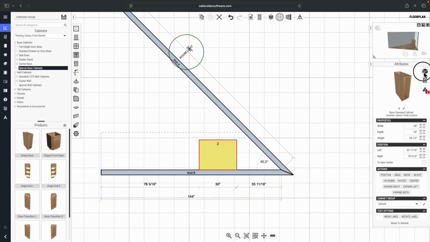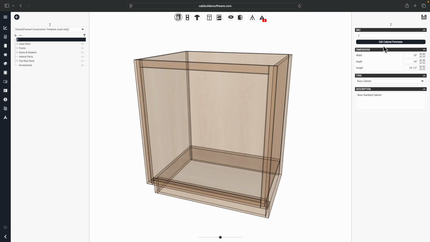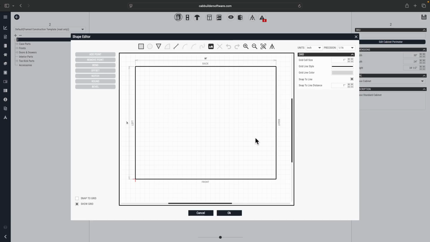So either way, we'll go to the cabinet wireframe editor, edit cabinet perimeter, and this is the front edge, this is right edge, left, and back. Now I just need to take this back left corner and shift it to the left 24 inches. I'll do this by selecting the